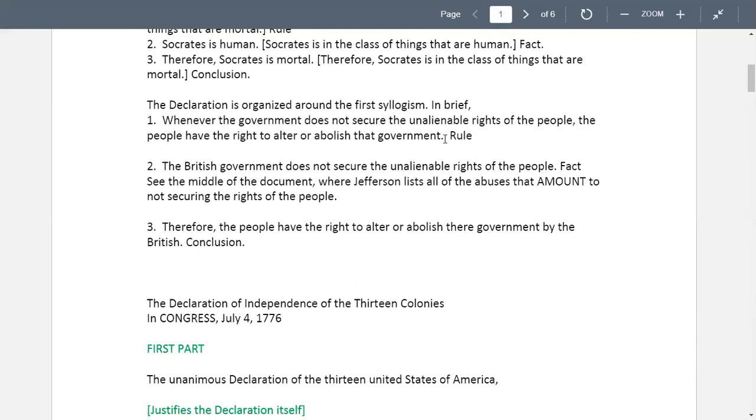So that's really not part of the syllogism, but it sort of gives life to the syllogism that a government, as you're ruling us, is responsible to make sure of all those things, the life, liberty, and pursuit of happiness. So that's what the foundation of this premise would be, this rule. When the government does not secure the unalienable rights to life, liberty, and pursuit of happiness, the people have a right to abolish or alter the government.